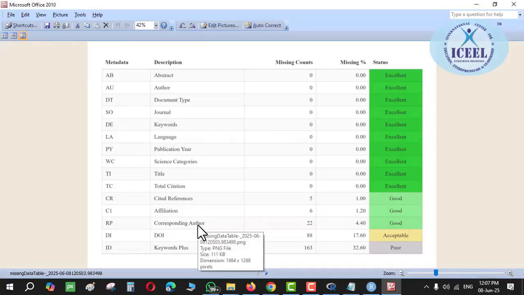Okay. Keywords are selected by the author. When you write a paper, you are selecting certain keywords. Like when I write a paper, I'll be using words like export, import, international business, international trade, somewhat like that. Keyword plus is what?